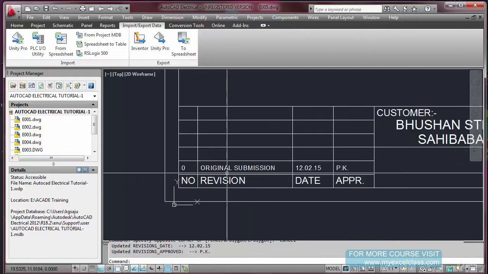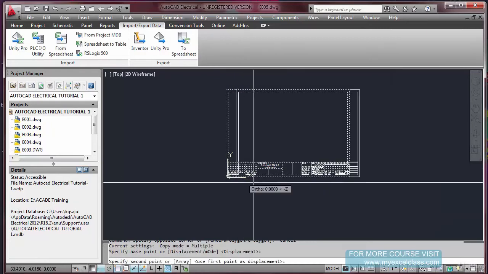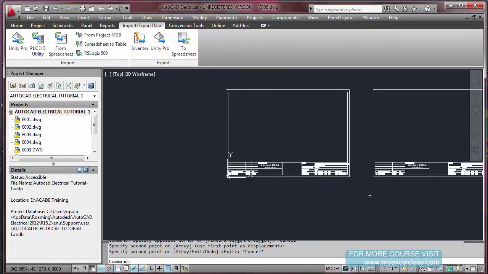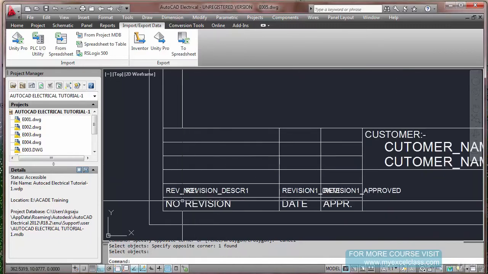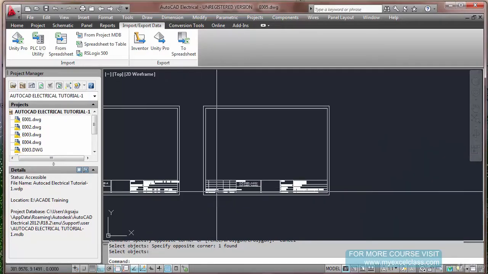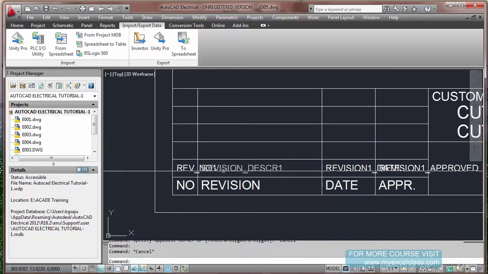everything. But remember, while making these attributes, I will just copy it here. Now I will explode this. So this was before making this title block. Okay, we have filled only this revision 0.